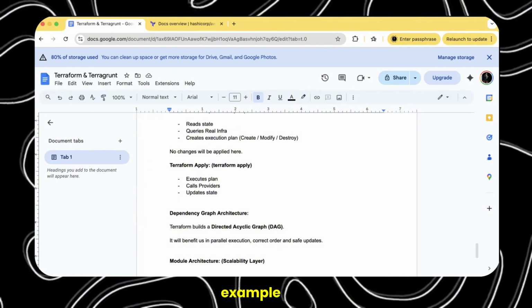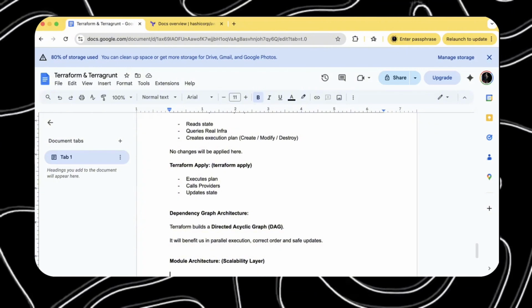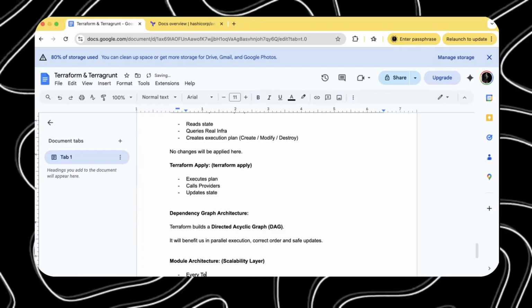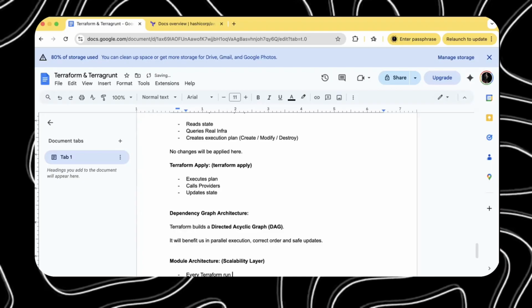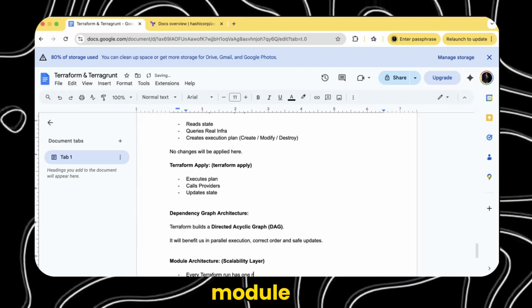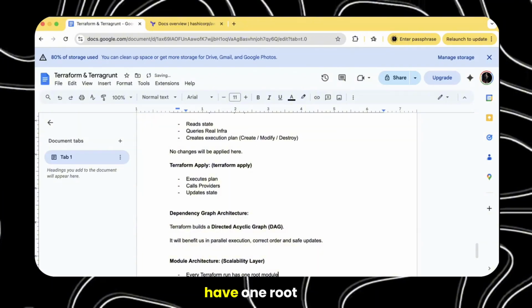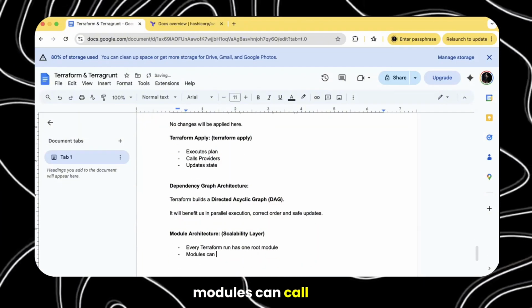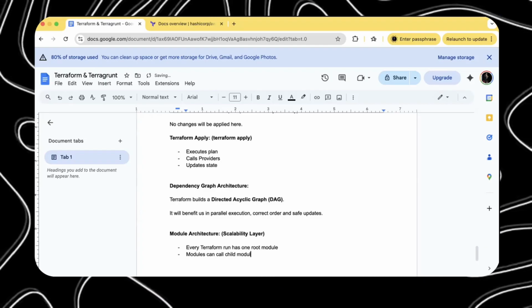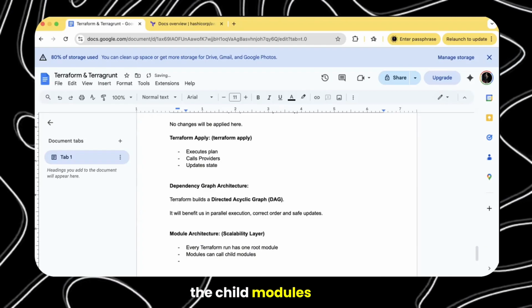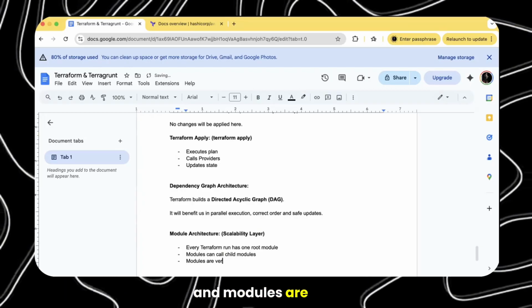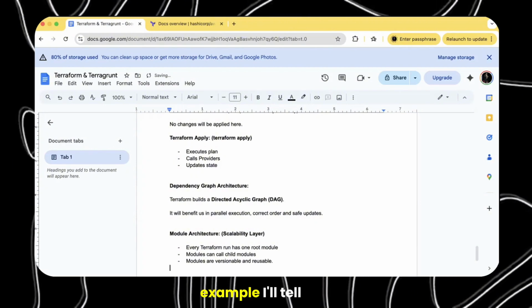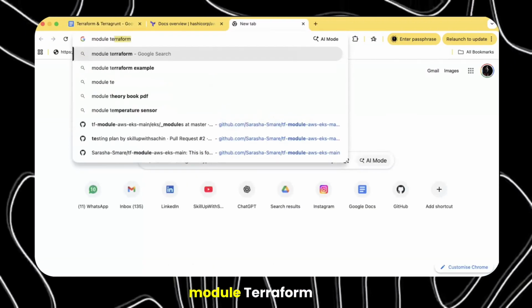For example, every Terraform code which you run has one root module. Okay, it will have one root module. Modules can call child modules, and modules are versionable and reusable. Example, I'll tell you the example module Terraform.